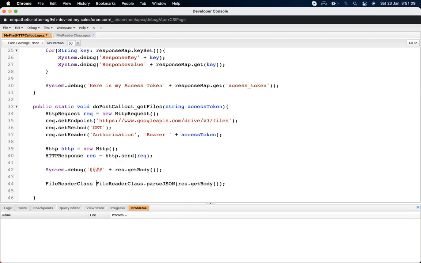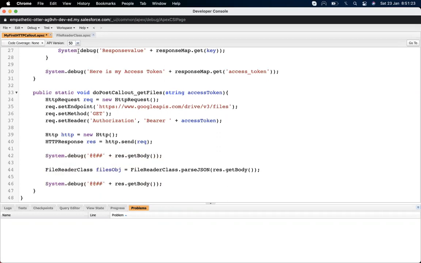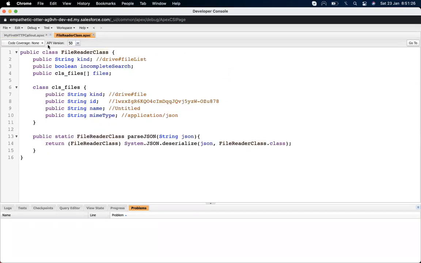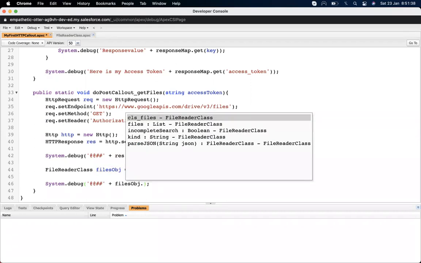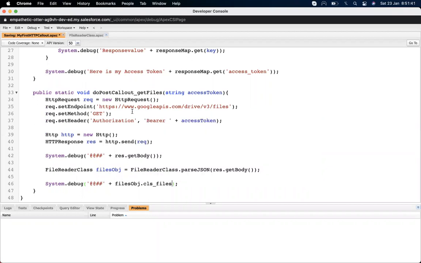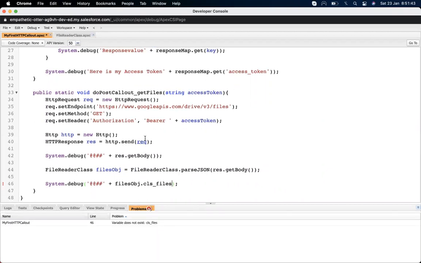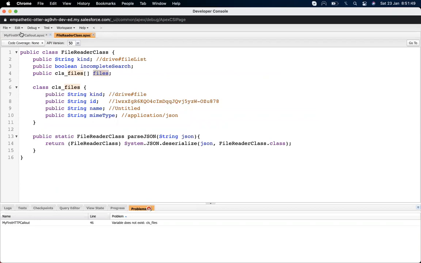Since it's returning an object, let's create a files object and store whatever response I'm getting from here. Now I want to see the file names. File names are present in these files, so files object dot files. Not CLS file, it's files.